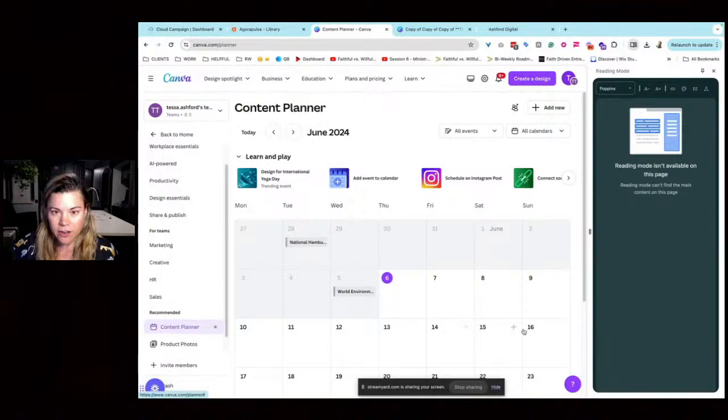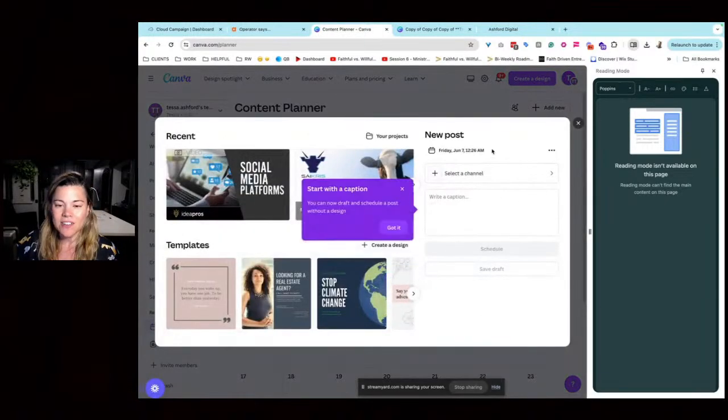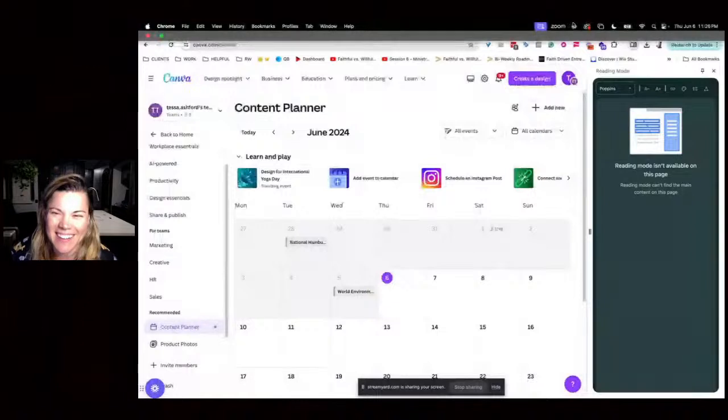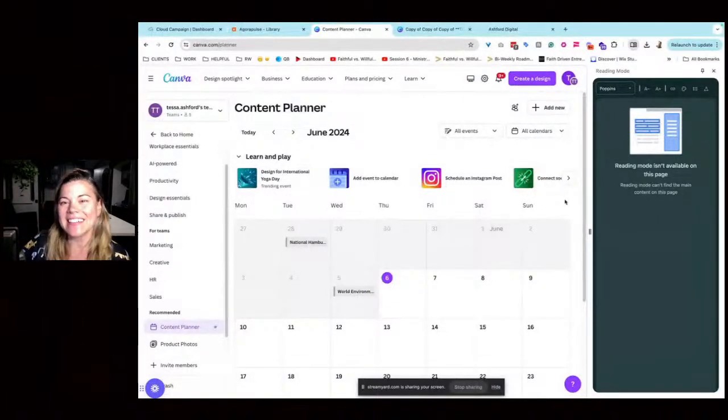I've used Canva as a planner. It's not as robust for me, but again, I have a lot of needs like social listening, reporting, and things like this. You can see reporting, but it's not as robust as what I like. But for a simple posting platform that doesn't cost you much, $12 for a Pro version of Canva is pretty good. So once you've got your image selected, you can write your caption, select your channel, schedule it, and it will go out. So pretty simple on that. Can't really beat that, right?